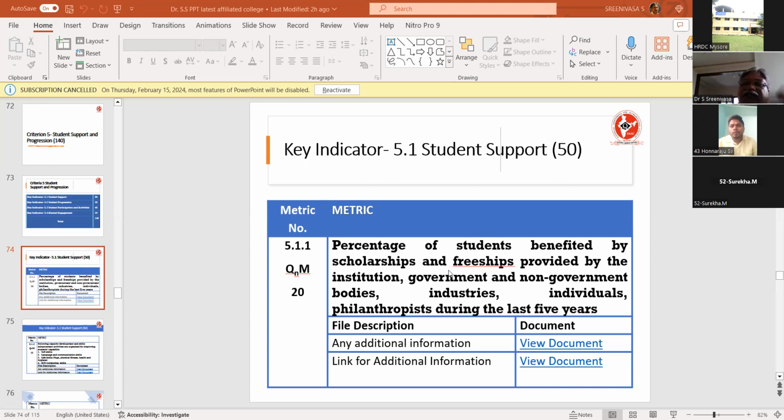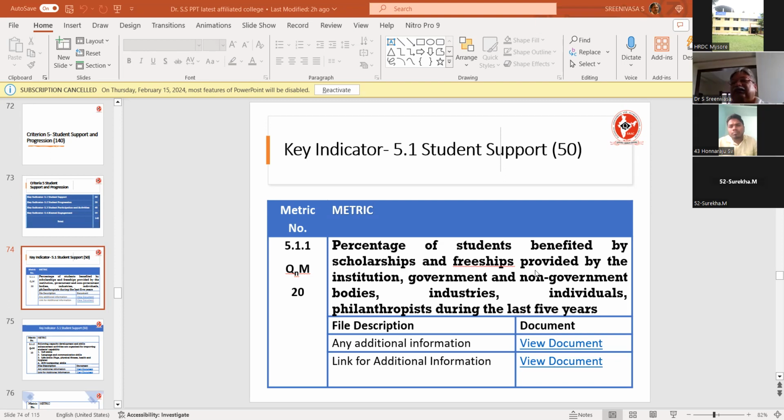Students should know that these are the scholarships available, maybe SC/ST scholarship, OBC scholarship, Jindal scholarship, merit scholarships. So many scholarships are there. Even community scholarship may be there. All these things have to be made available and known to the students. These things have to be put on the notice board or in the WhatsApp group, so that the student will apply and get at least one or two scholarships. At least one scholarship for each student, because that will help.